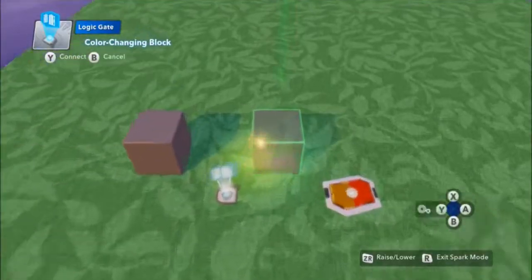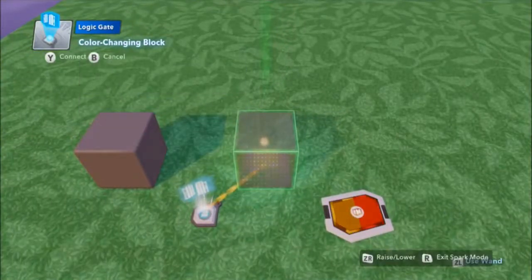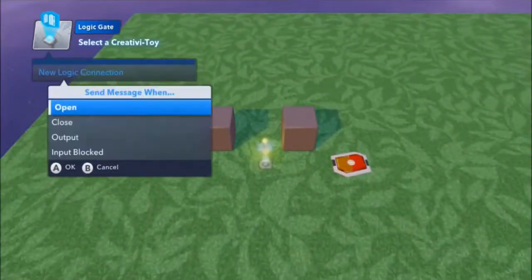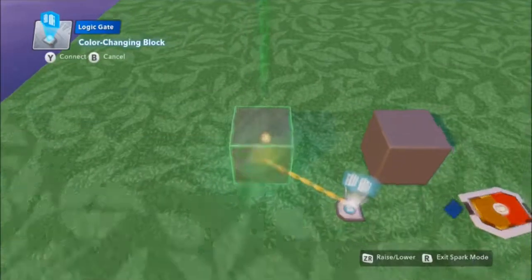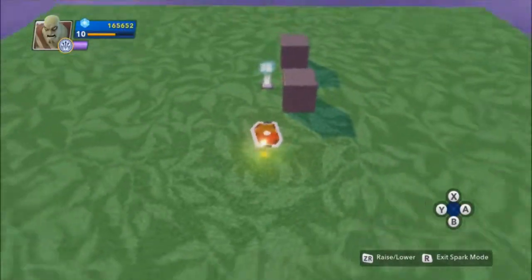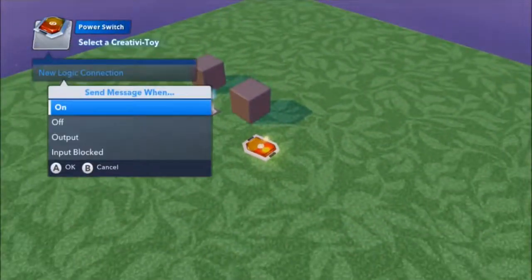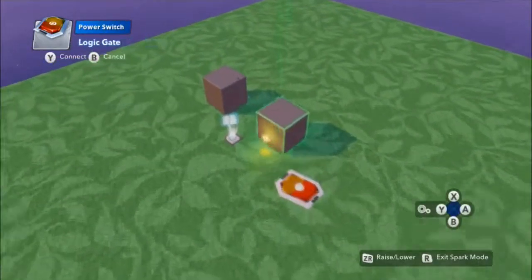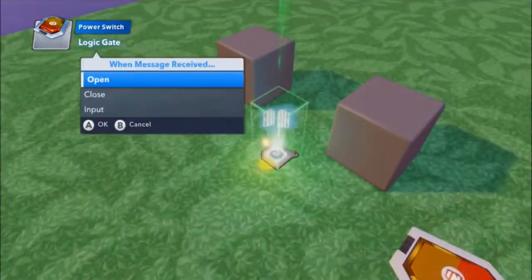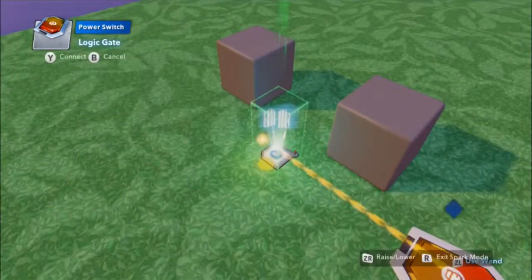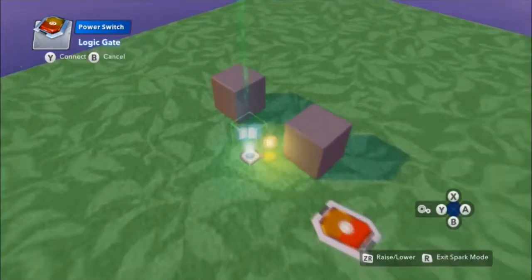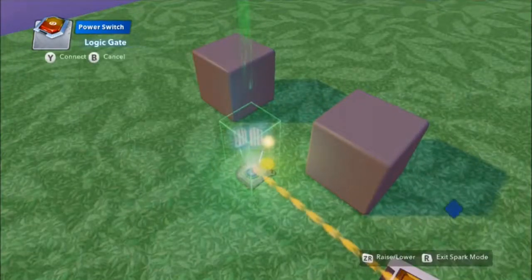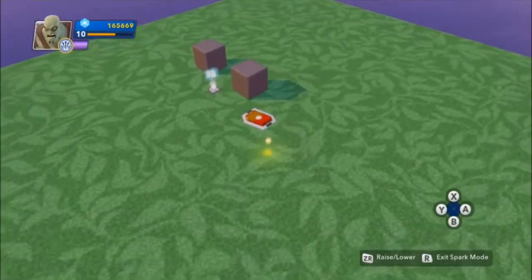Now if it closes, we want this block to turn green, showing that we are now closed, and we want the other block to turn back to this grayish color. And we're going to control the open and closed state of this logic gate here with the on or off position of this power switch, because I can step on this power switch as a player. So if I step on the power switch